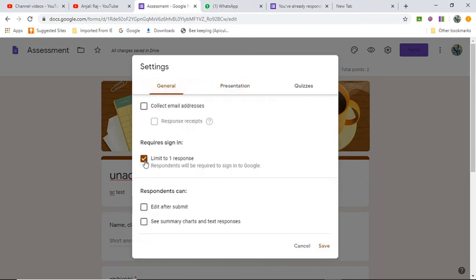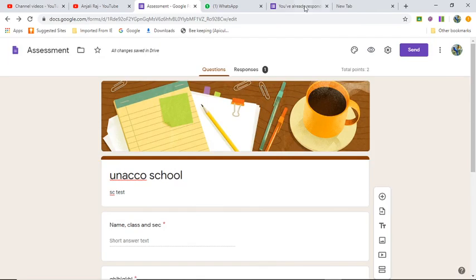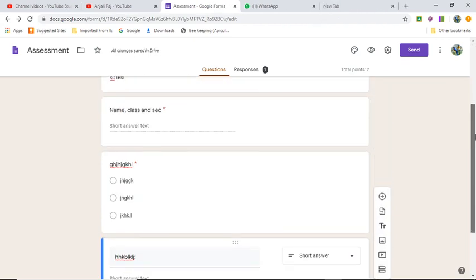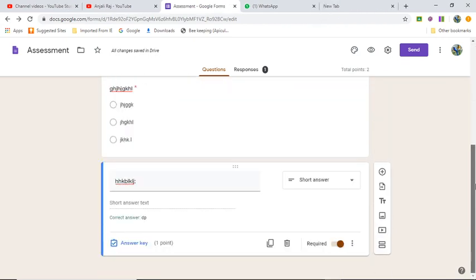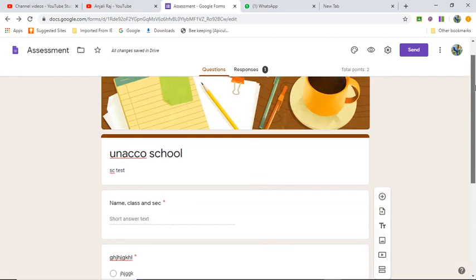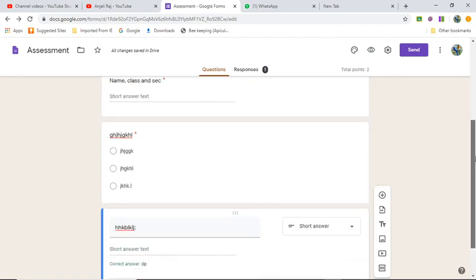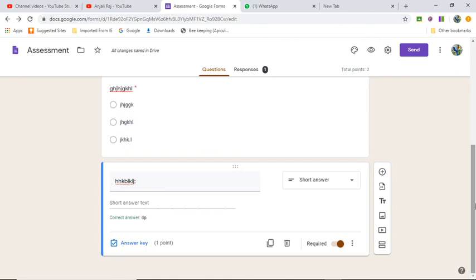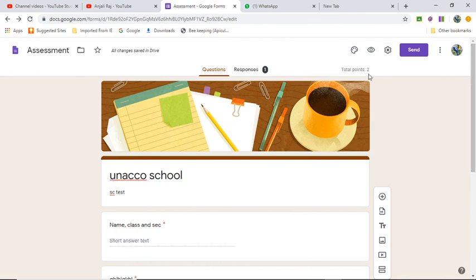But if I take this out, he or she can do it again and again also. So it is showing you have already responded, so only once a student can answer. That is better, otherwise they will give answers for other friends also. And this is very good for conducting 1 mark question tests, where the correct answer is only one. For descriptive type, we have to do the self-evaluation. Auto-grading will not help that much.